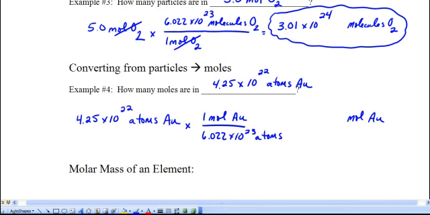Now, why are we going to take the reciprocal this time? Well, because we have atoms already, and we want to cancel them out. The atoms of gold on top divide out with atoms of gold on the bottom. The only unit that you're left with is moles of gold. You're looking for moles of gold, so you're ready to do the calculation. So you're going to take, and make sure you use the parentheses or E notation properly, 4.25 times 10 to the 22nd divided by 6.022 times 10 to the 23rd. And when you perform that calculation, I'm getting